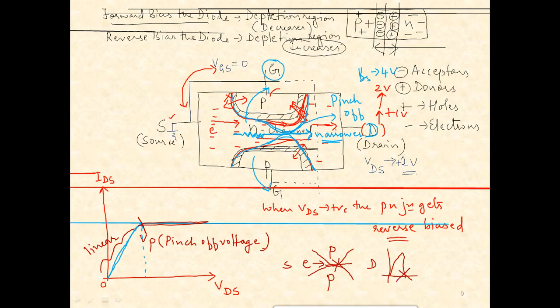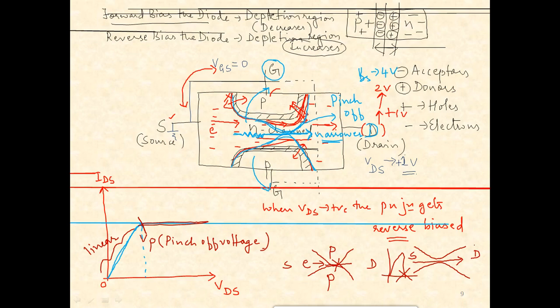Well, this usually doesn't happen. If this would have happened, then there is no meaning of the device JFET. Even though you don't want to turn it off, the device suddenly turns off. So that is a bad device, not of any use. So that should not happen, and it never happens. What actually happens is, if this is the depletion region, there is always a small gap appearing, through which the electrons can just flow from source to the drain.